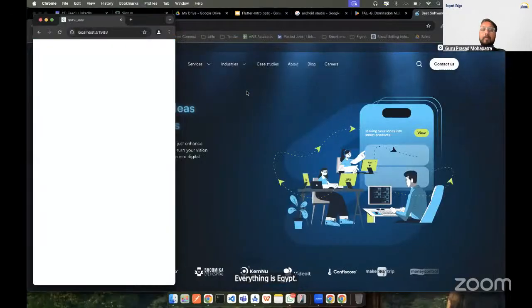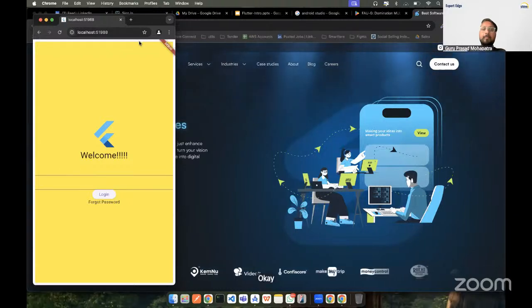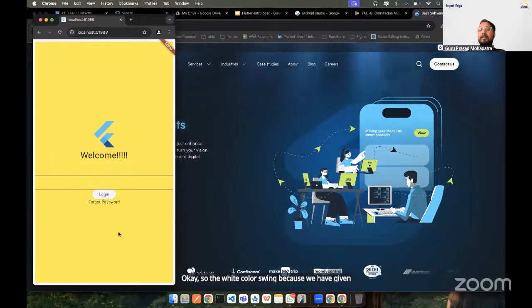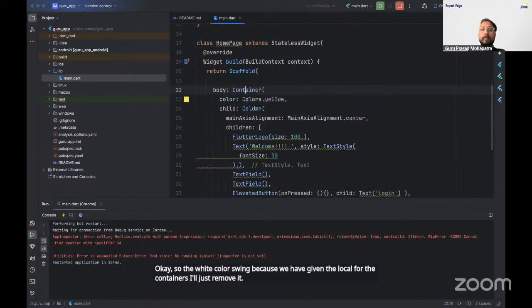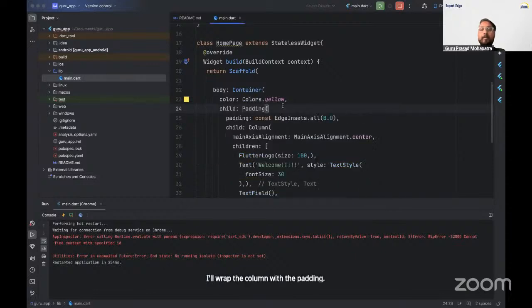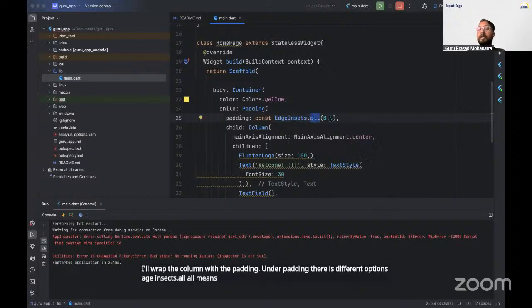Let's see how it is looking. Okay, so the white color is showing because we have given the yellow color for the container. I'll just remove it. I'll wrap the column with the padding. Under padding, there are different options. EdgeInsets dot all means you give padding from all directions.